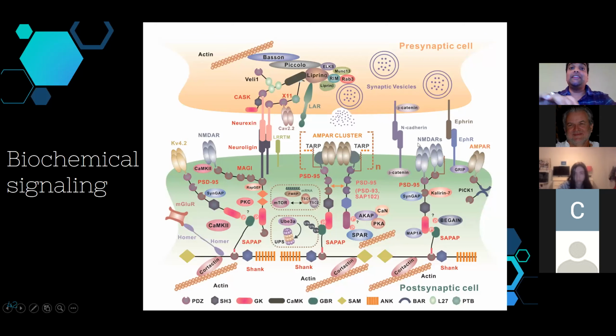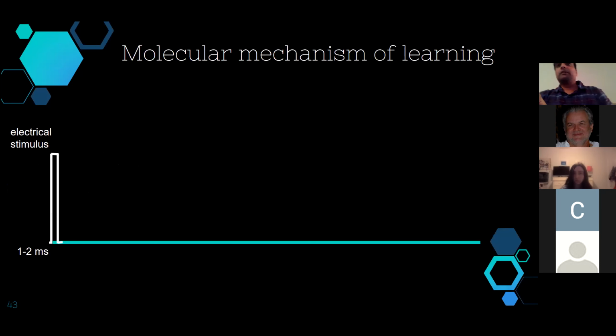I don't want to really go into the details of each of these proteins, but I just want you to appreciate that we have identified so much biochemical signaling, starting from one PKA molecule or Krebs molecule to thousands of proteins that can modulate the synaptic strength. And to really